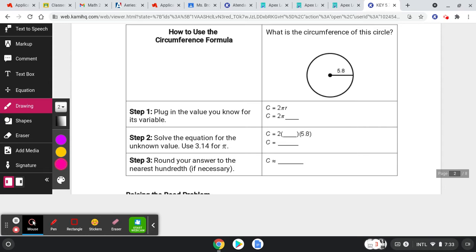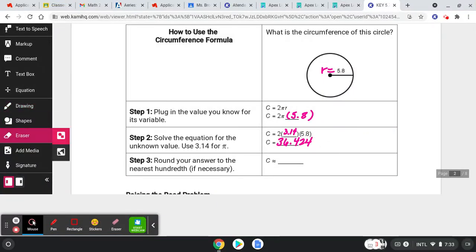Okay. So what is the circumference of this circle? All we're doing is plugging in this radius of 5.8 that was given to us, 2 pi r. So our radius is 5.8. And then you're going to grab a calculator and do 2 times pi. Now you can use the pi button, or you can just put in 3.14. And the circumference comes out to 36.424. So we're going to say that the circumference is approximately, round to the nearest hundredth,